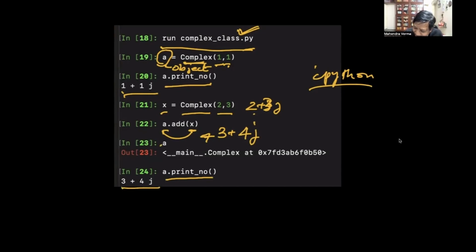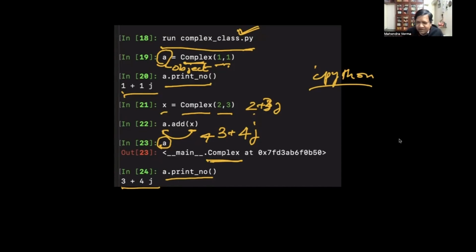If I just say A, it's not going to give me anything. It just says it's an object of complex class. You have to use the function print. So is that clear? People can ask me questions on this.